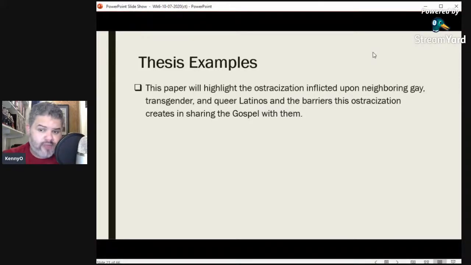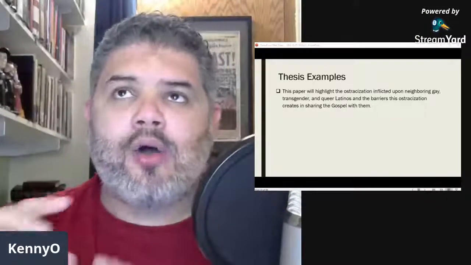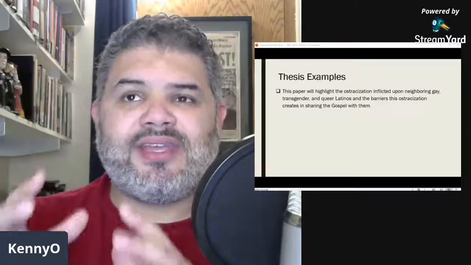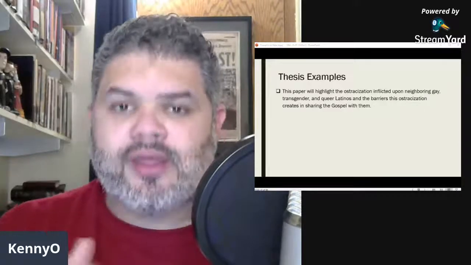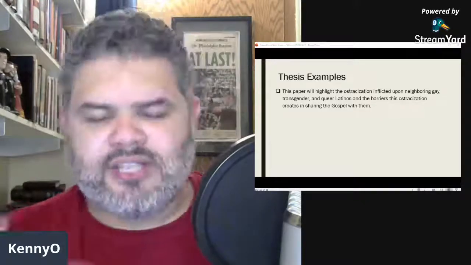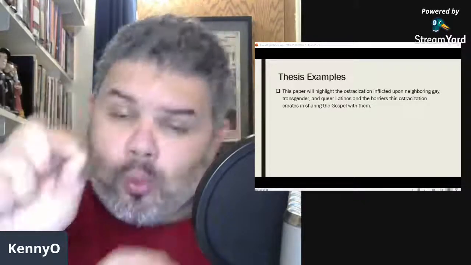And her boyfriend at the time had a cousin who was gay, who had really been ostracized by his family. And it really made it impossible for her and her boyfriend to reach out to that cousin and share the gospel, even though they wanted to. And she basically wrote a paper explaining how, when you ostracize people, this causes problems. And then she identified how the Latino American subculture ostracizes gay men and transgender men more than the other subcultures, more than white people and black people in America. The Hispanics and Latinos in America tend to be worse at this, was what her paper was about.